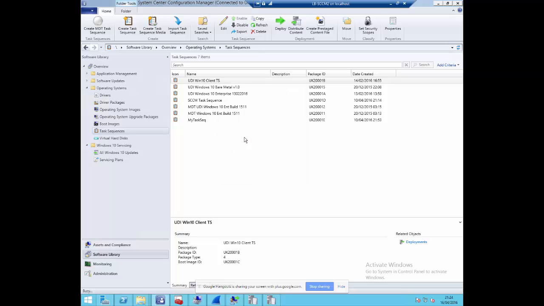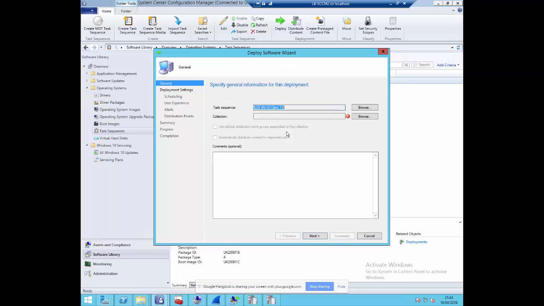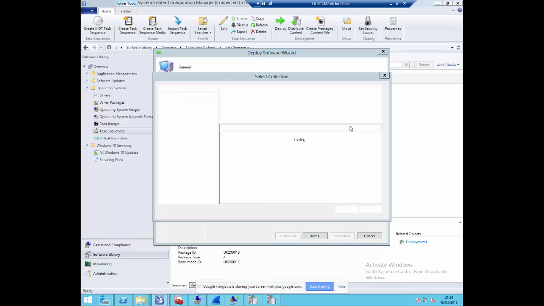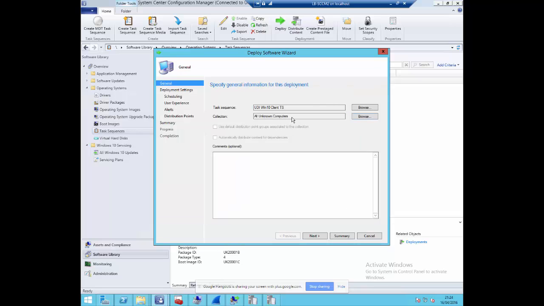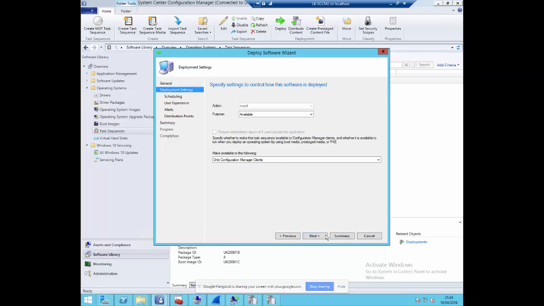I can deploy this task sequence. What do I want to deploy? You have two options, available or required. Because this machine is not in SCCM already, I can deploy to all unknown computers, so that unknown computers can be able to boot to this. But then I can say required or optional. So if an advertisement is optional,